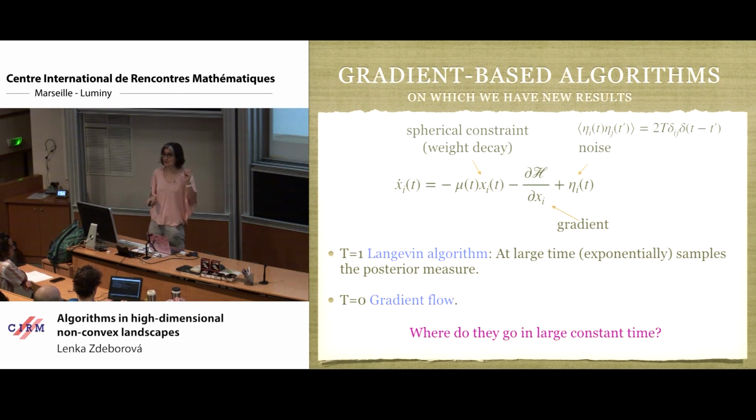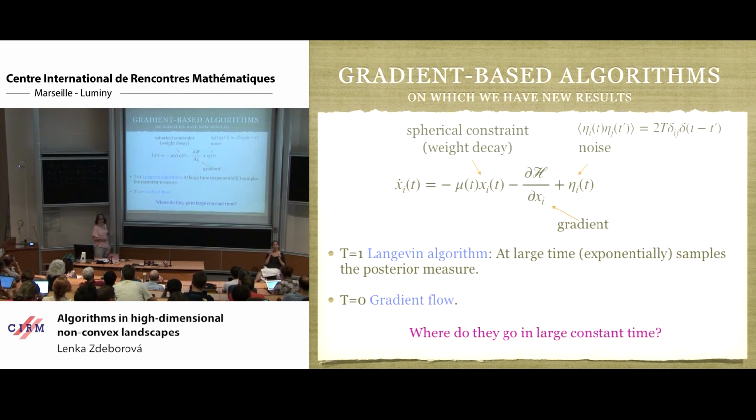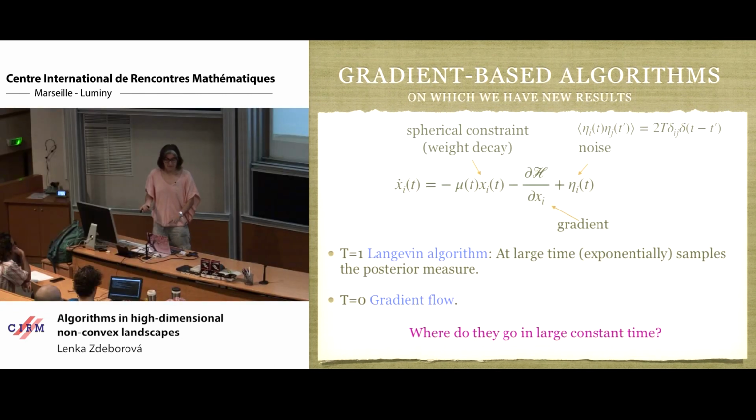And before we saw that sampling the posterior measure is the right thing to do to obtain the Bayes optimal estimator. So we want to do that, that's a good thing. But the question is, can we do that actually in large constant time, or linear in the size of the system, or constant per input dimension? Because if we can do it only in exponential time, we don't care. Practically, we don't care. So that's what we would like to understand in some model where we can actually understand it.